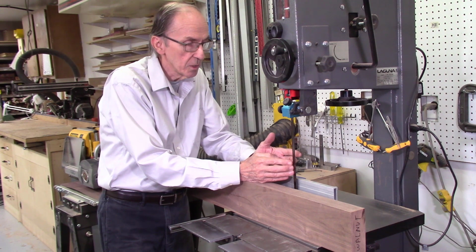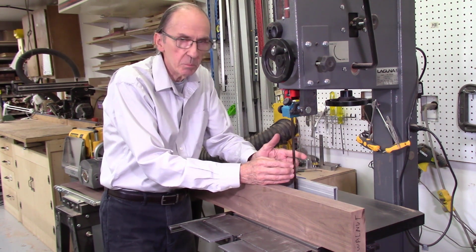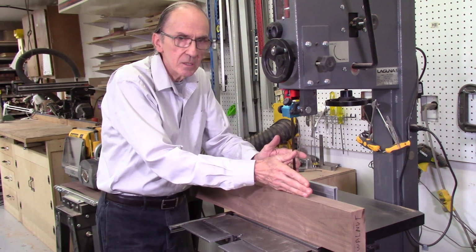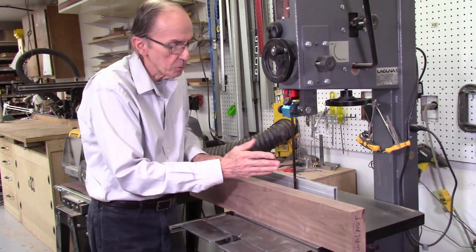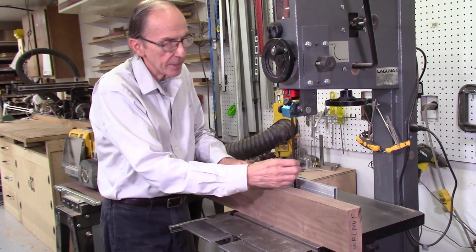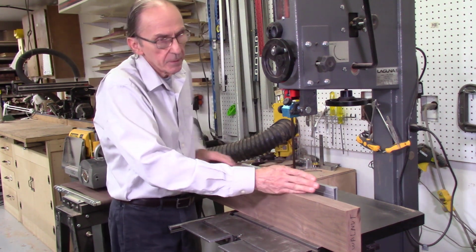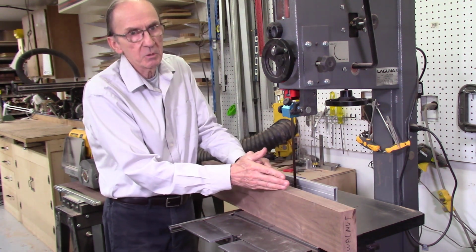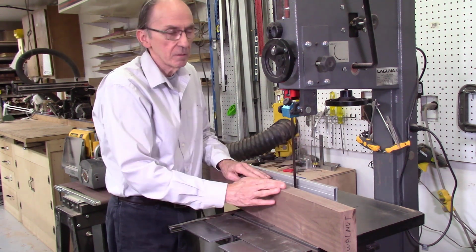But as soon as you have any sort of movement of that wood, the teeth of the blade create the curve, the back edge. As soon as that touches the side of the curve, you get blade drift issues. And what happens is you're pushing a board through, maybe the wood moves the slightest amount, the back edge touches the side of the kerf, you start to get movement, you twist it back to push it back the other direction. It touches the kerf of that blade on the opposite side, and you get this wavy blade drift issues